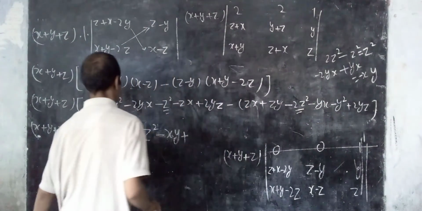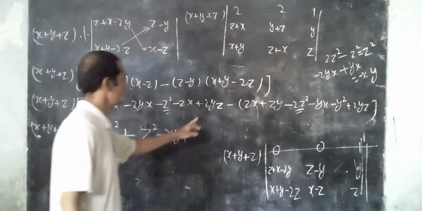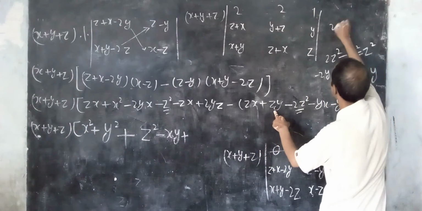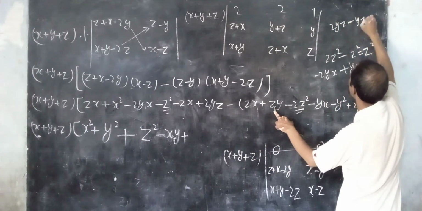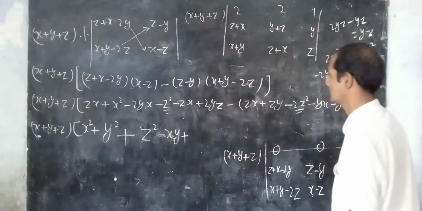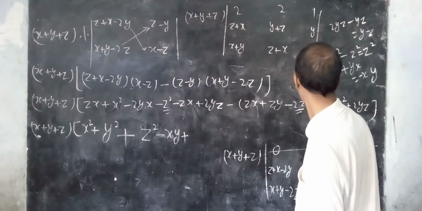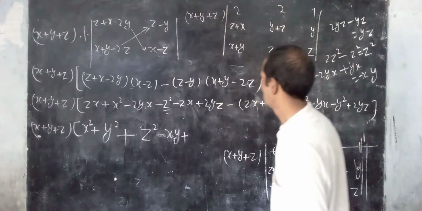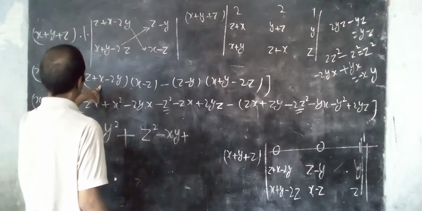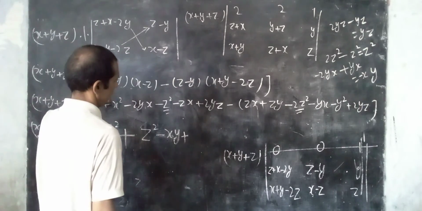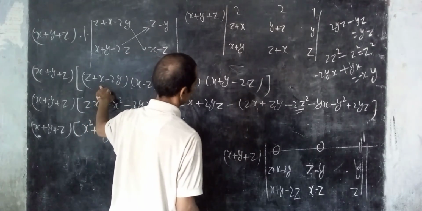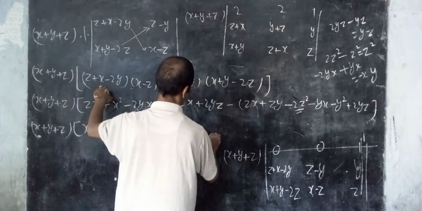Now we find the yz terms of y. So this is plus 2yz and this is minus 2yz. Plus 2yz and minus yz become yz. Write here y. Plus